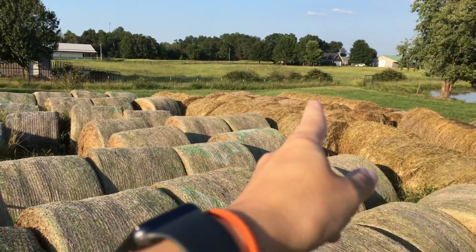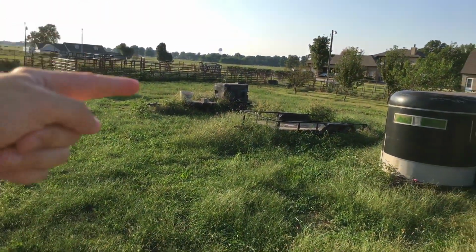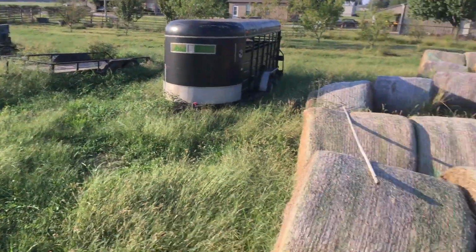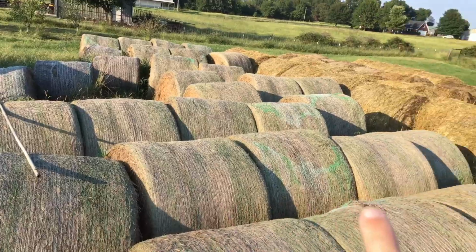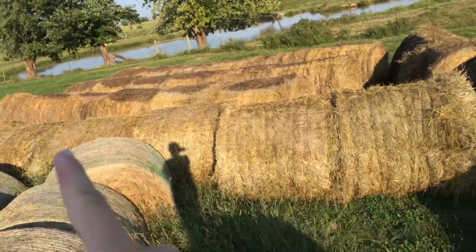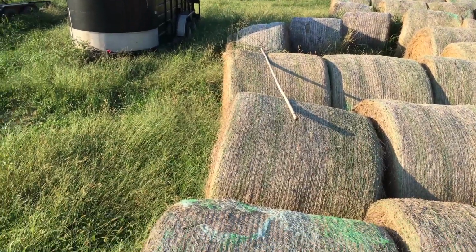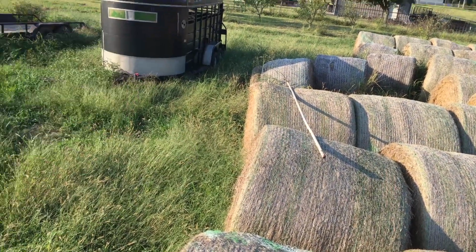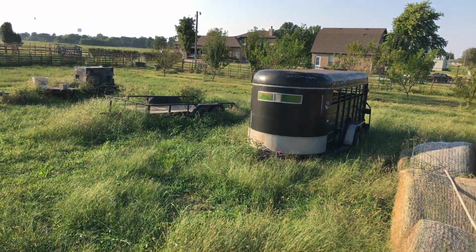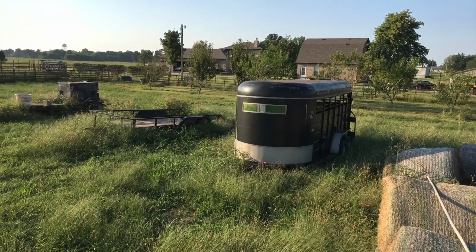Probably, they might leave this, I don't know. He might move that last row, it's down in the gully. And then we'll stack hay all the way up, probably to where that trailer is. And it will be in rows like this, facing this direction. Doesn't really matter, but so that we use a 3-point spike, and so you'll back the trailer in and pick one up. And last year,